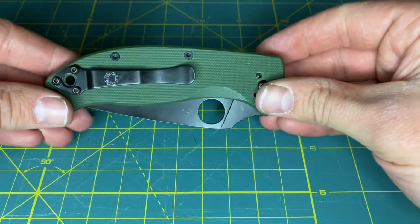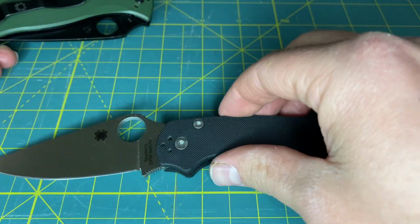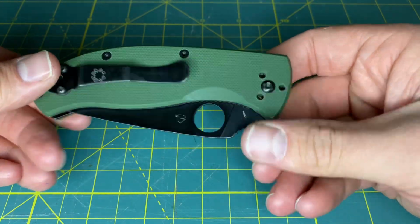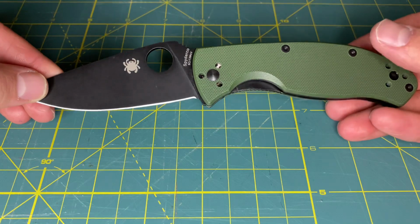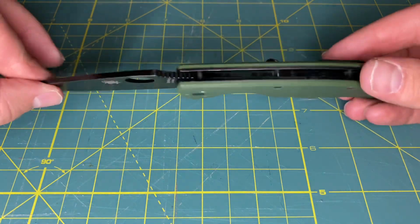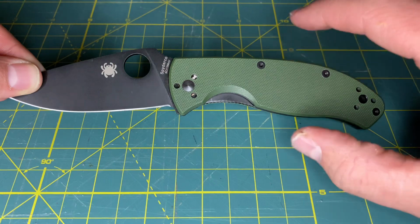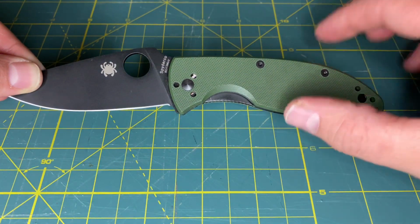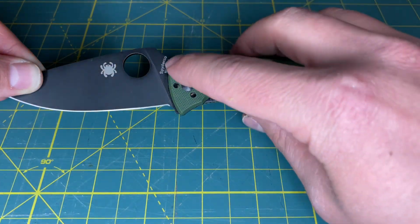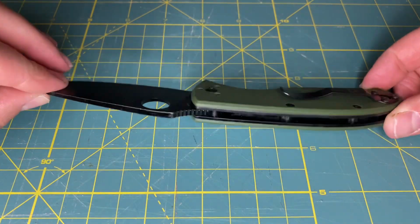And again, with looking at Spyderco knives, not everyone can afford a Spyderco PM2, and I understand that. And I would say if you're unsure about Spyderco knives, if you're going to like them or not, the Tenacious is a great starter knife into the Spyderco realm. Again, as far as budget knives go, it's not the best bang for your buck, but if you want to dive into the Spyderco knife realm, want to know what it's all about, but don't want to spend the price tag on those knives, then the Spyderco Tenacious or anything in this line, so the Persistence and some other versions similar in the Tenacious family, I think it's a great transition